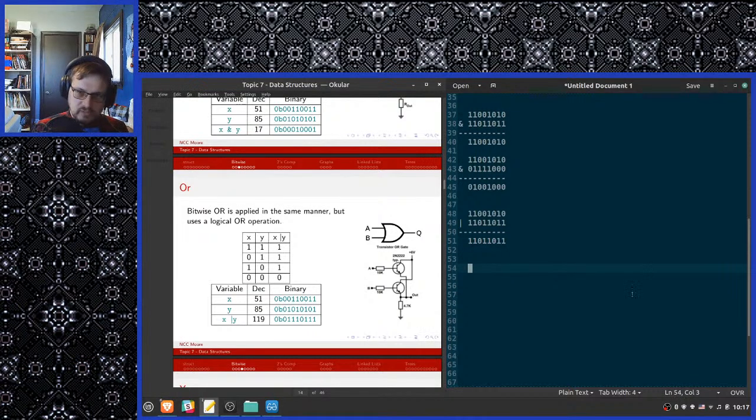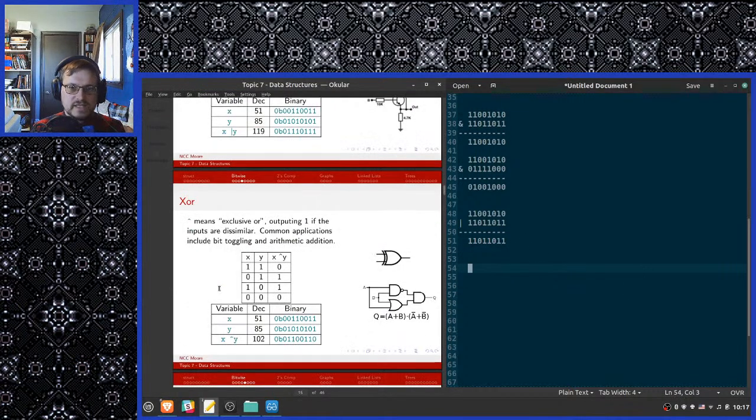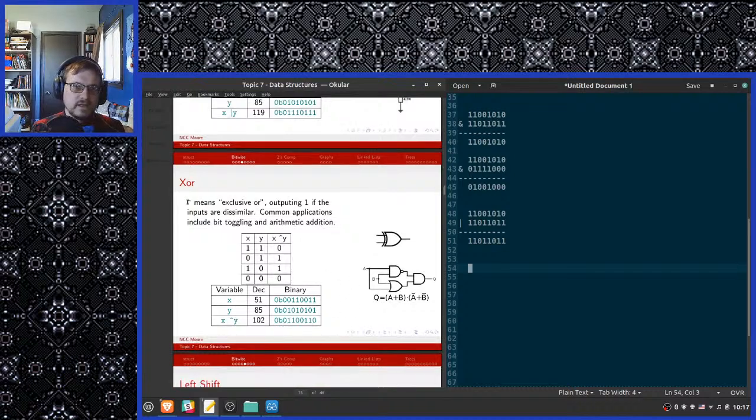Now let's do the tricky one. Exclusive OR. The caret character means exclusive OR, outputting 1 if the inputs are dissimilar. Common applications include bit toggling and arithmetic addition. So, once again, let's copy all that. So if you look at your truth table here,